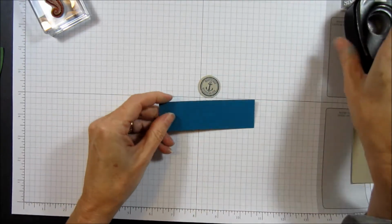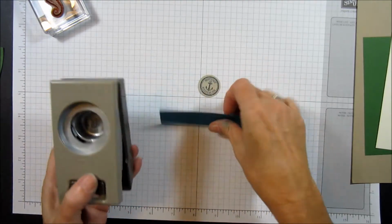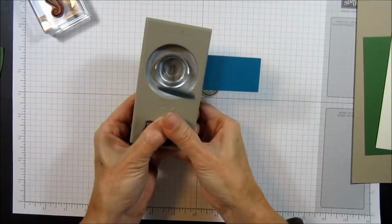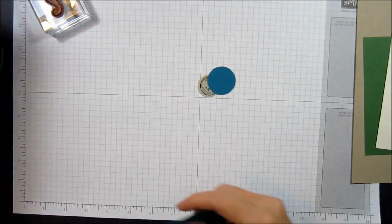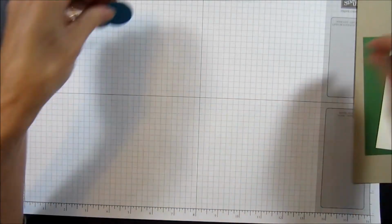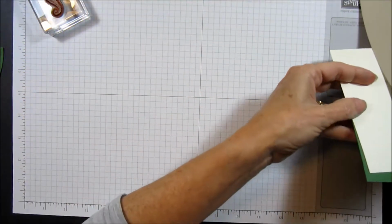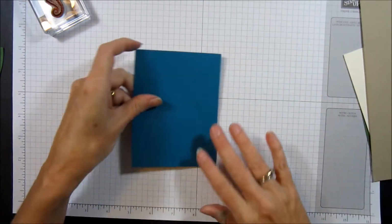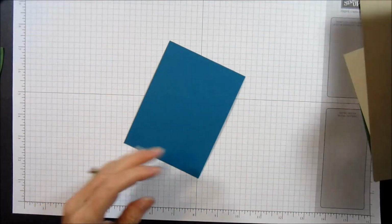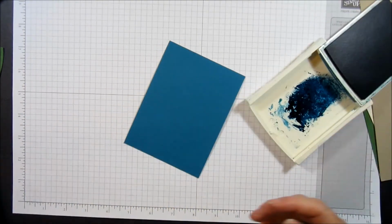On the Island Indigo piece, we're going to go ahead and use the 1 1/4 inch circle and punch out a circle with that. Okay. So now I'm going to show you a really cool technique. And we're going to color our water, our ocean. And so we're going to start with the Island Indigo,